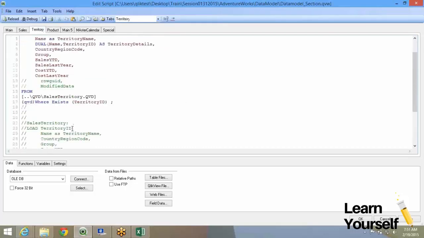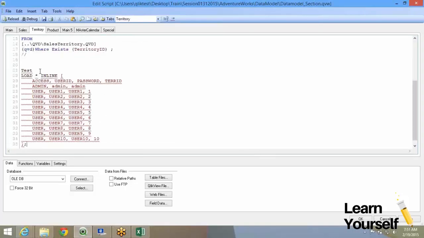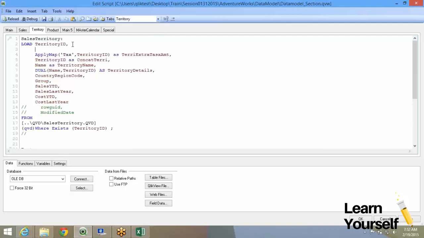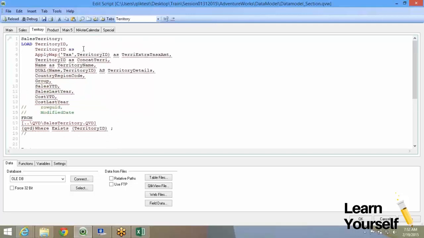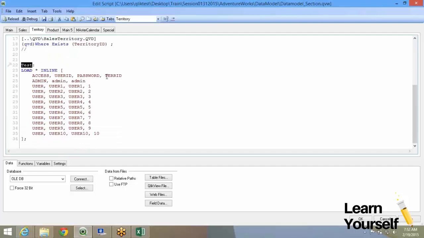I'll come back to this. Meanwhile, I'll just update that table over here without any section access. The territory. Now imagine I'm loading a load table, just a normal test with user, username, password, territory ID, and I save